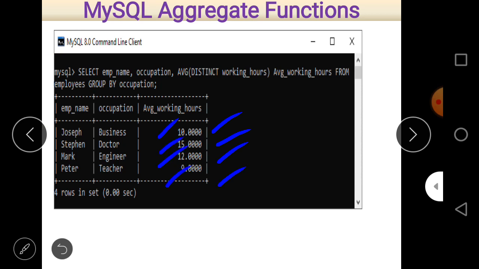When you take the average of 10, of course the average of 10 is 10, because there is a single value, and the average of a single value is the value itself. Similarly, the average of 15 is 15 itself, and 12 is 12 itself.